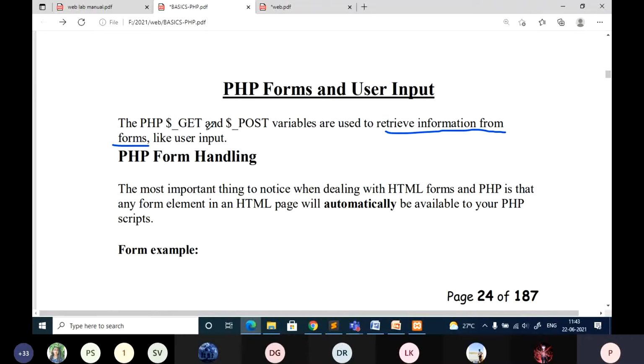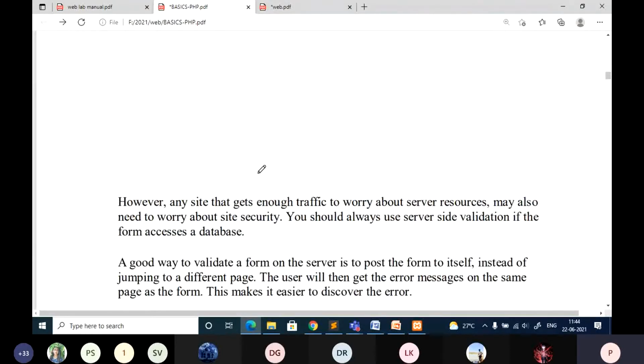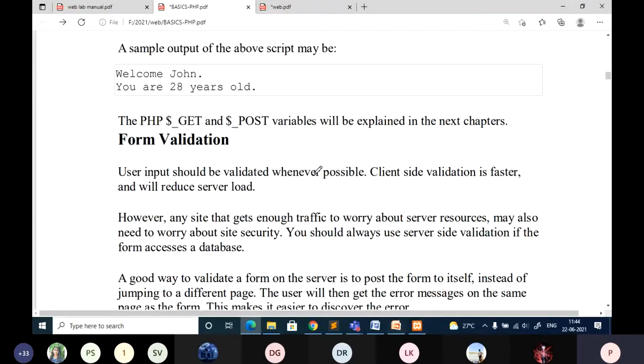You have to use either get or post. If the form method is get, then you have to use $_GET to access the form elements. If it is post, then you have to use $_POST. So there should be a correspondence between the form method and the elements you are going to display using PHP. That completes your module 3.